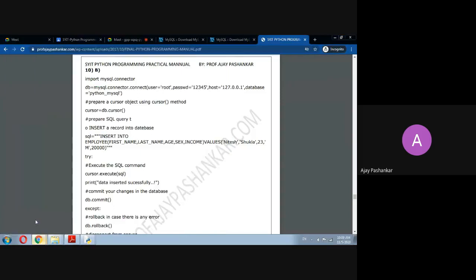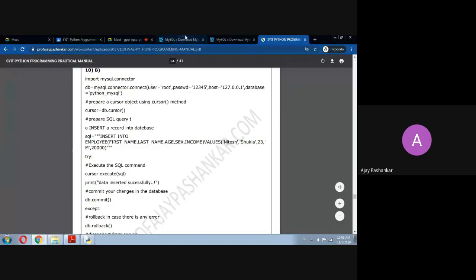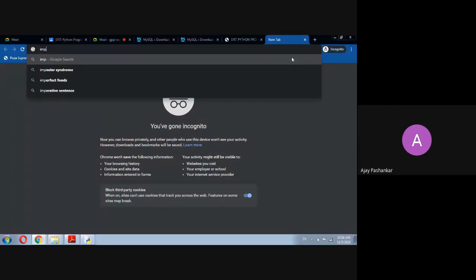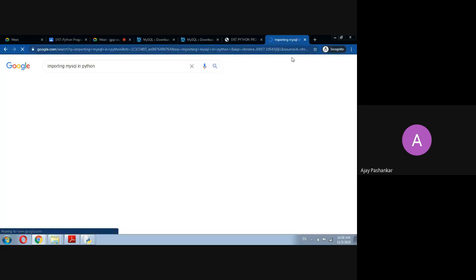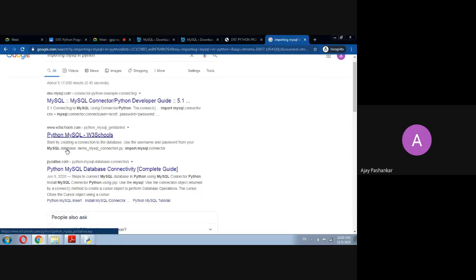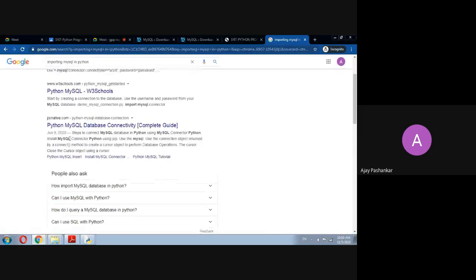Let's cross-check whether we have any syntactical problems. Importing. The syntax is very fine, no issue with that, but there might be some issues with your connector.